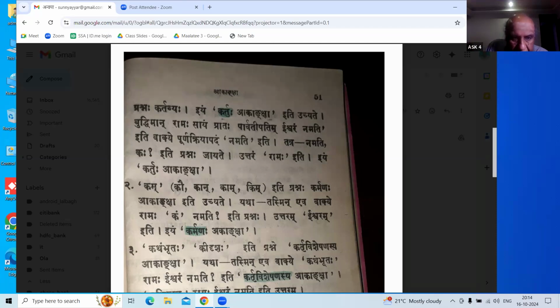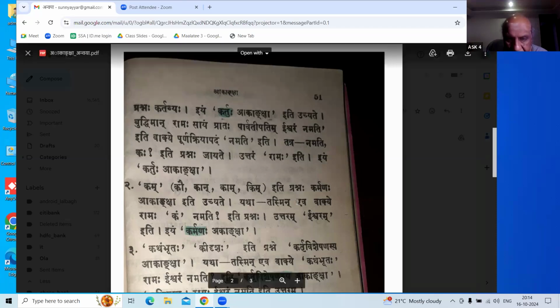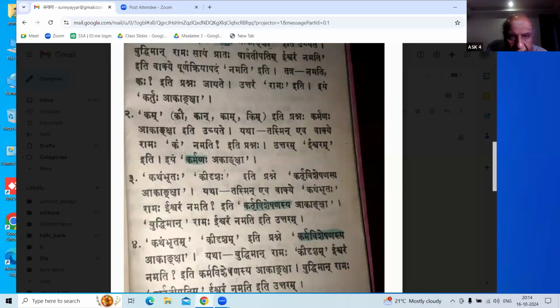So Kam is masculine. Kam iti prashnaha karmanaha akanksha iti uchyate. These are the interrogatives that are used to question the verb to find out the object of